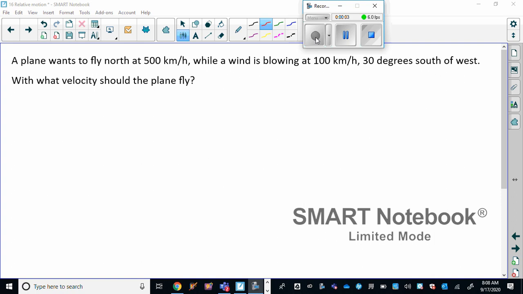Second part of lesson 16, relative motion. We're going to move to a more complicated relative motion question. This is a standard of excellence question, and all your exams should have 20% standard of excellence and 80% acceptable